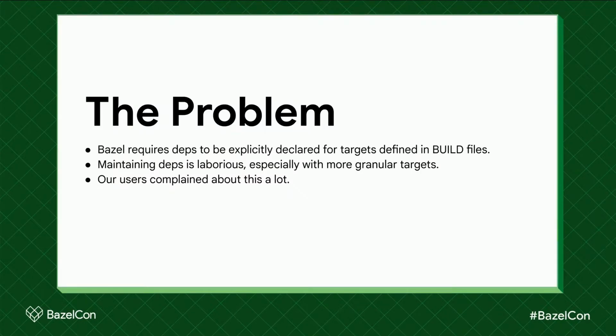Most of you are probably Bazel users or Bazel curious. We know that Bazel requires dependencies to be listed explicitly in your build files. When you do that, it allows Bazel to be very explicit about what actions are being run, the purity of the functions that are being applied, and that gives you cacheability, parallelism, and all these other benefits. But for our users, they find this to be laborious. They complain about this a lot in our user surveys. So my team was charged to do something about it.